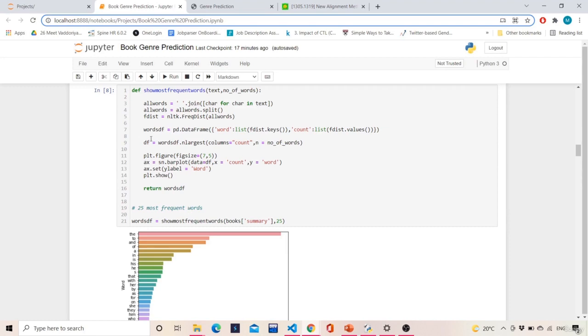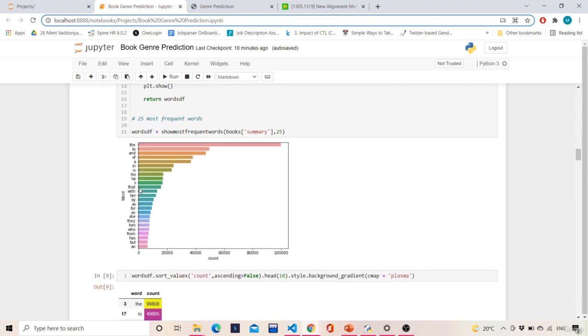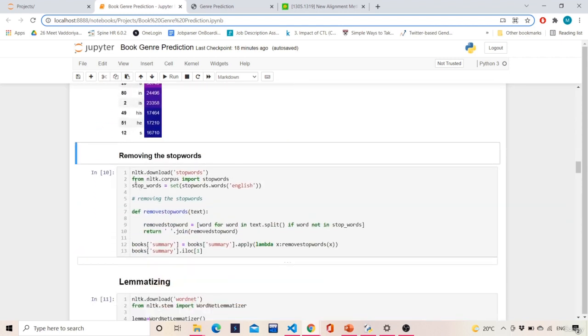Hi. So in the last video we saw how the distribution was affected by stop words, because the stop words were contributing the majority, and we want to remove them because these stop words do not convey any kind of meaning to us. So we will be using NLTK for this. Over here, we have to download the stop words first. So first we'll use nltk.download stopwords.